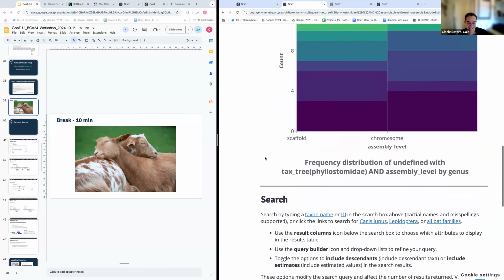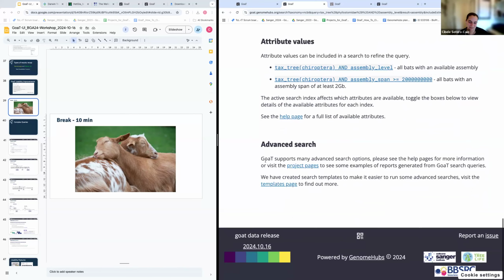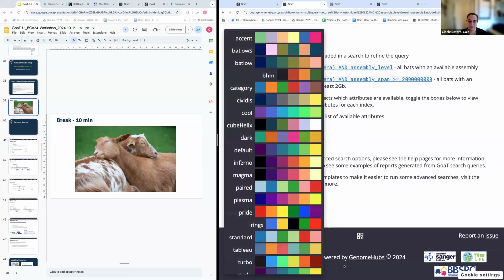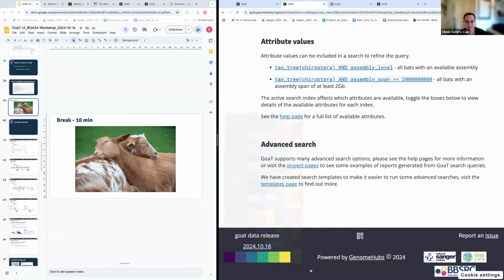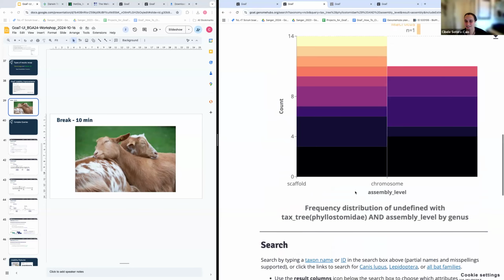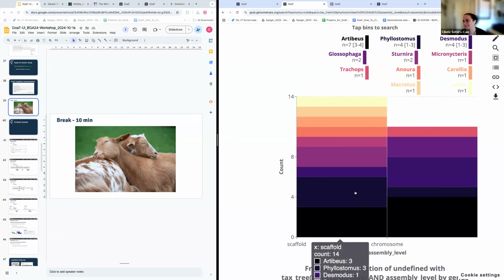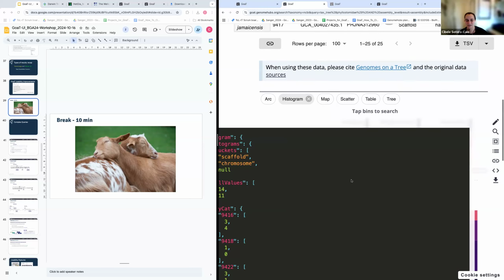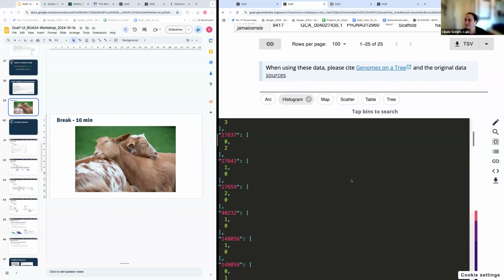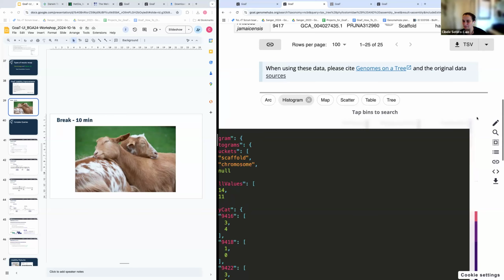But what I wanted to show is it's really silly, but it makes so much difference. You can actually choose your colors. I like magma for the high C. So you can create weird stuff. And there is all of this, right? Anywhere that a tooltip comes up, you can click, and then you can see what has been done to the data to generate whatever report.